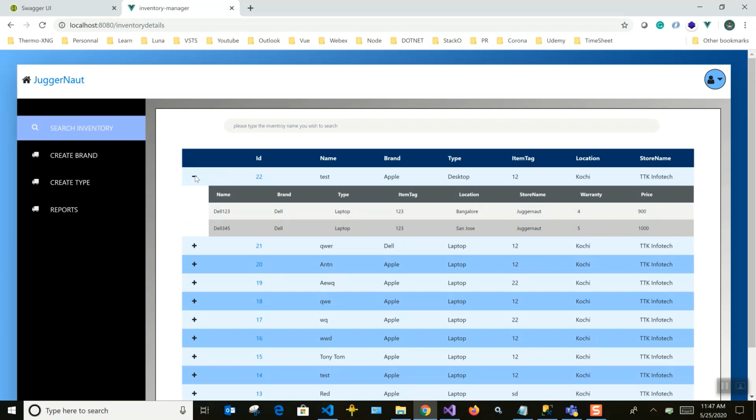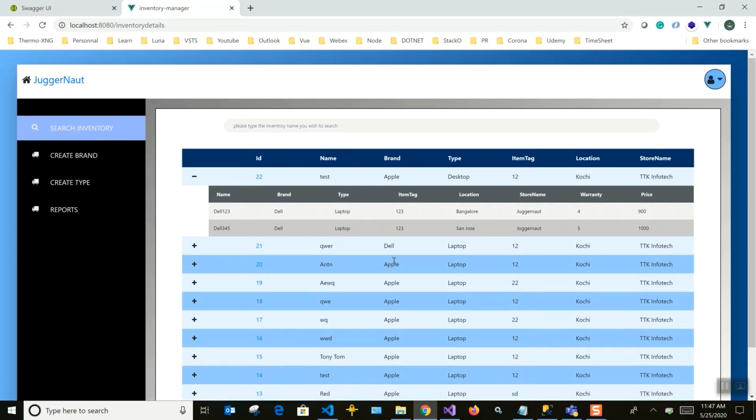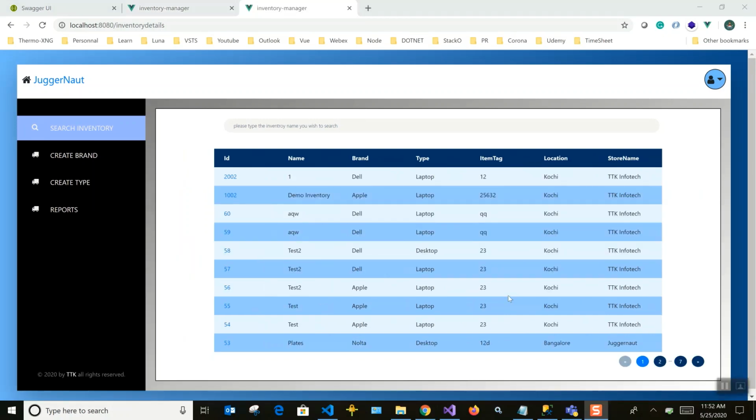Today we will check how we can create a collapsible grid using Vue.js, HTML, CSS and TypeScript. This is the one which we are going to create in this video. I already explained the basic grid part without the collapsible section in another video, so you can check those details if you haven't gone through that. There I explain the grid view and its pagination.